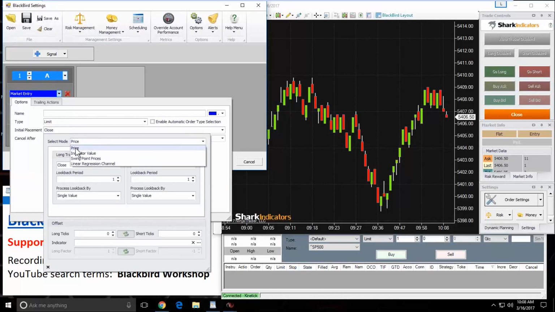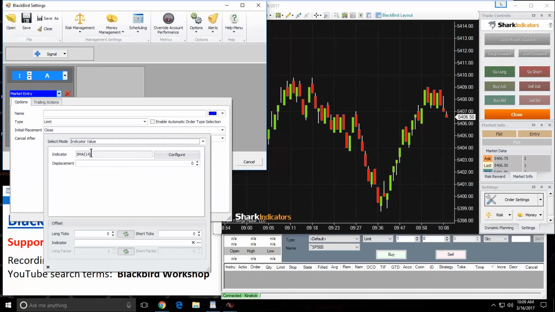Right, so you can use the price bars to calculate where you want your limit order to go, or you can use an indicator. So you can set your limit order at an indicator value,